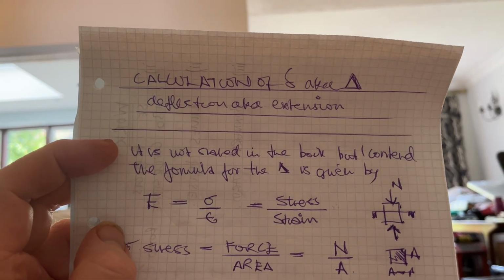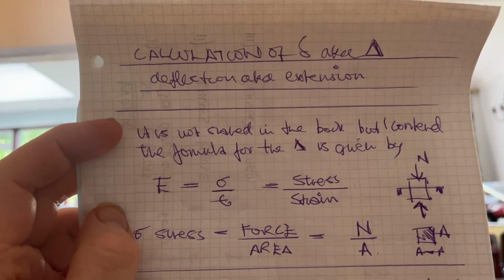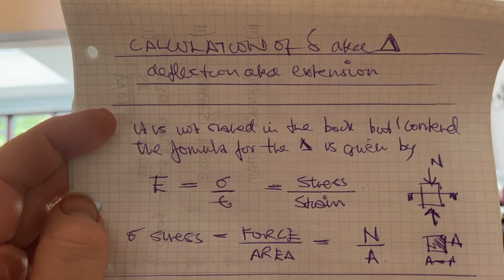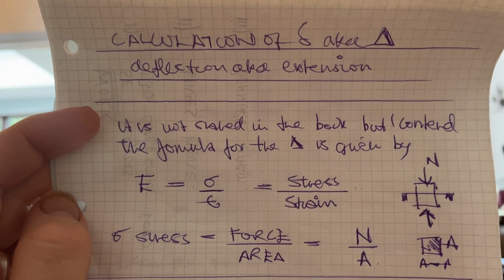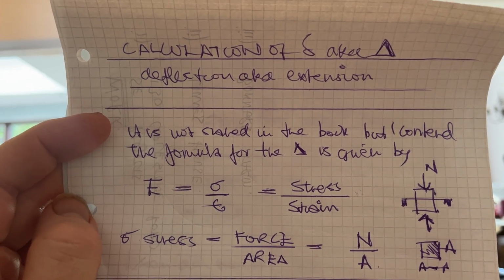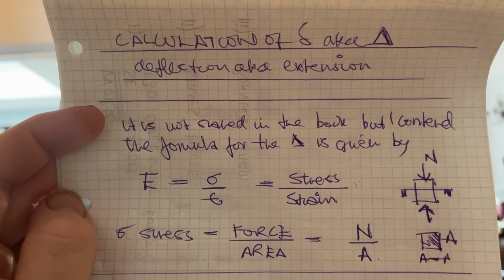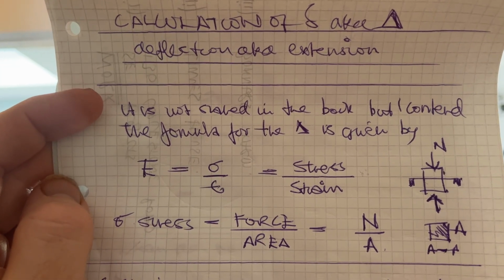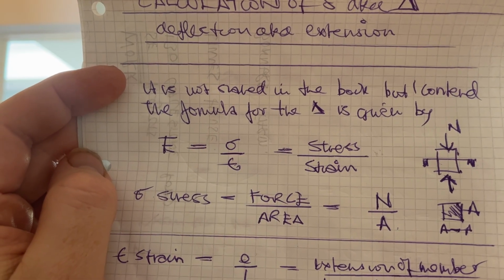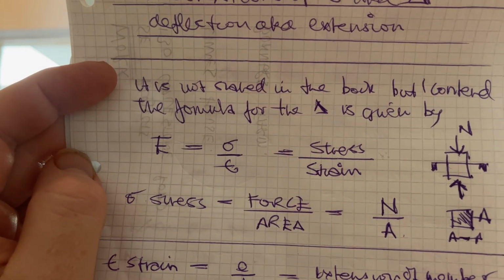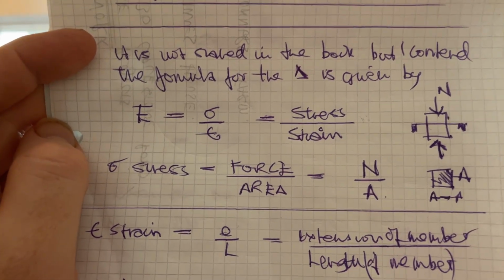So, the calculation of delta deflection. Oh yeah. In the table that he did in the example, I didn't follow exactly how he got the deflection, so I'm going to do that myself. The calculation of delta, aka deflection or extension. That's the extension or the contraction of the bars, depending on whether it's in compression or extension. It is not stated in the book, but I contend the formula for the deflection is given by,